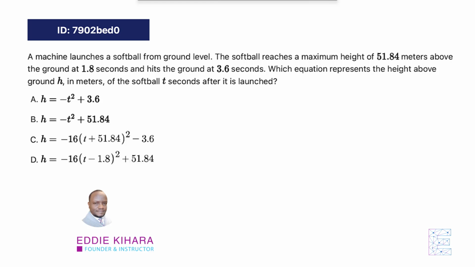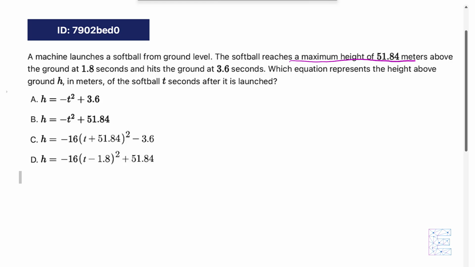launches a softball from ground level. The softball reaches the maximum height of 51.84 meters above ground at 1.8 seconds and hits the ground at 3.6 seconds. Which equation represents the height above the ground h in meters of the softball t seconds after it is launched? So again, concept-wise, if you're launching a ball into the air, a ball will take the path of a